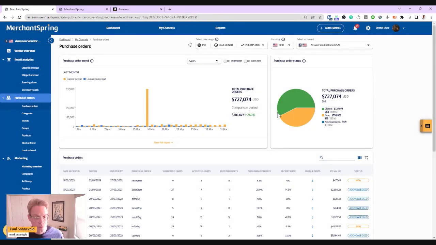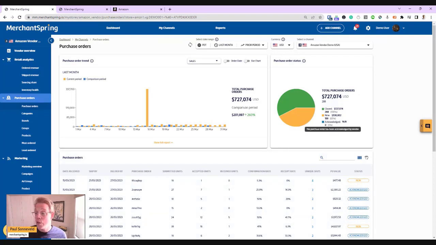And what we also do here is we break down those purchase orders by different statuses. Now, we ignore any canceled orders. So orders that Amazon canceled outright, we ignore. But within that, we capture three different types. We've shown two here, but as you can see, there's three. There are purchase orders that are new. So these are the orders that Amazon has sent to you, but you've not confirmed them.